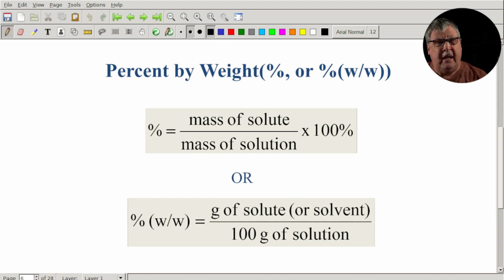Now, there are some issues that come up with this that we sometimes have to deal with, and that is that a unit such as this does not account for volume of solution. And that's typically how we deal with things when we're in lab. We measure by volume. It's not as practical to measure solutions by mass as it is by volume. And so if you're going to make any conversions from mass percentage to some other concentration unit, as we will do, you're also going to need the density of the solution. You need to know that.